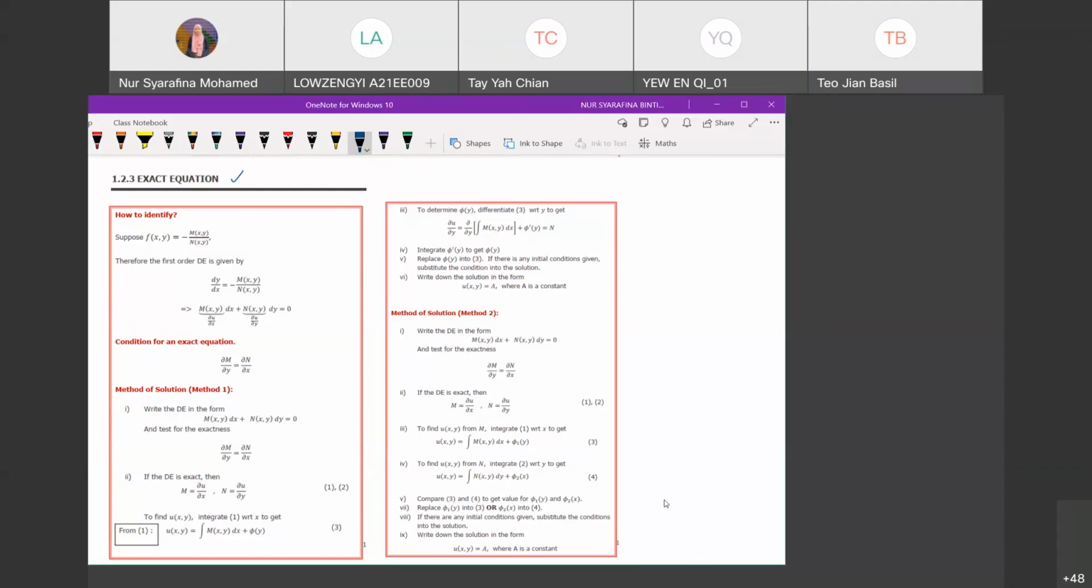Okay, so now how can we identify that an ordinary differential equation is an exact equation? Suppose we have a function f(x,y) equals negative M over N. So this function is a fraction M over N. Therefore the first order differential equation is given by this. This f(x,y) is actually dy/dx. So suppose dy/dx equals the fraction negative M over N. And if we rewrite this function,